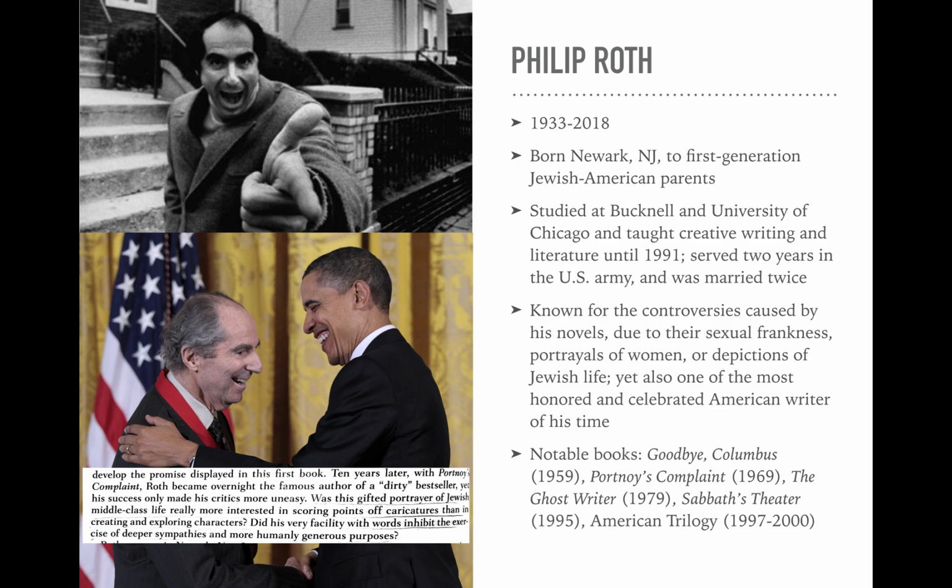And as I already noted, he was known for the controversies caused by his novels. He started out writing short stories, but then after a certain point, he only wrote novels. And due to their sexual frankness, he wrote a famously dirty book in 1969 called Portnoy's Complaint, which was about a young Jewish American boy's coming of age, including his coming of sexual age, and this was an extremely